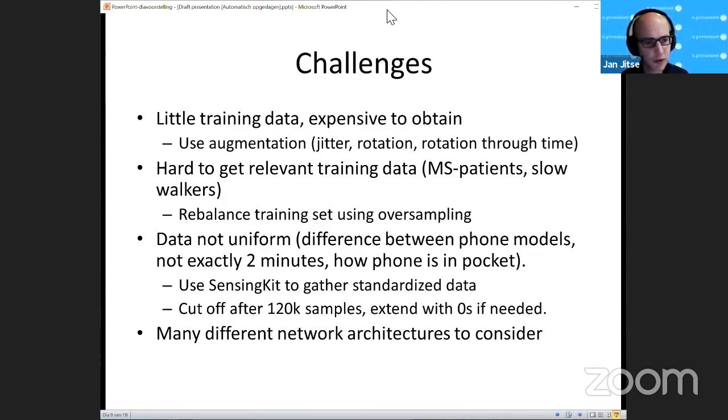And there was not much literature on this type of problem. So using time series data for this sort of regression. In the end, what we did was we took some information from a paper on the DeepSense network, which is gait detection, so how people walk, walking, sitting, running, that sort of thing, based on this type of data. So it was a classification problem.